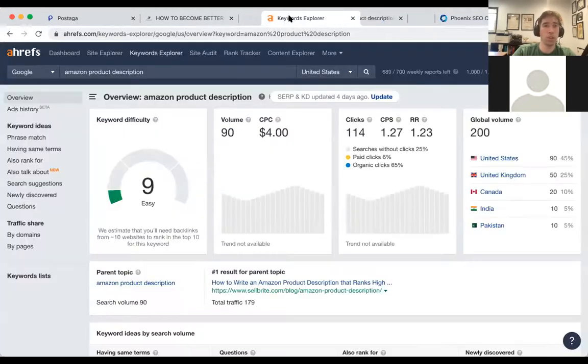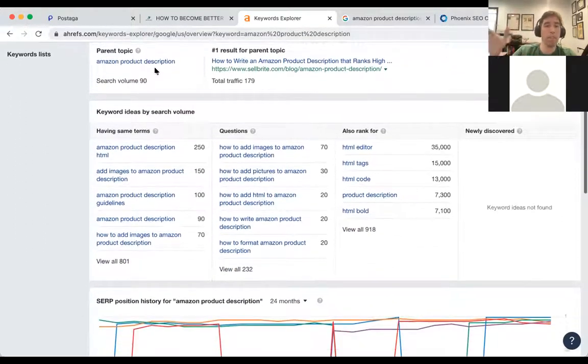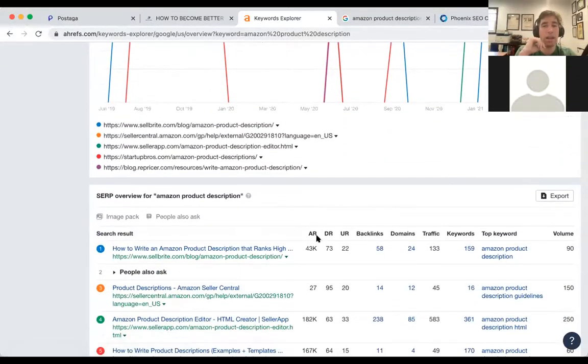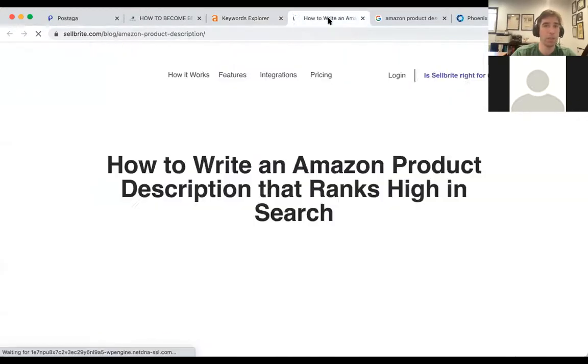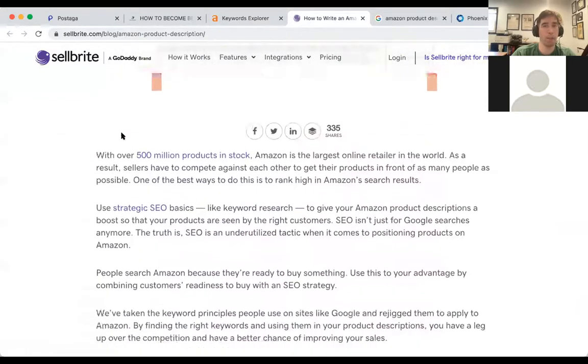So one strategy, and right now I'm going to jump into my Ahrefs account, is I can search for this term, Amazon product descriptions, and I can see what the top ranking articles are on this topic, but also I can see how many links there are to those articles. And so if I want to take a look at this Sellbrite article about Amazon product descriptions,